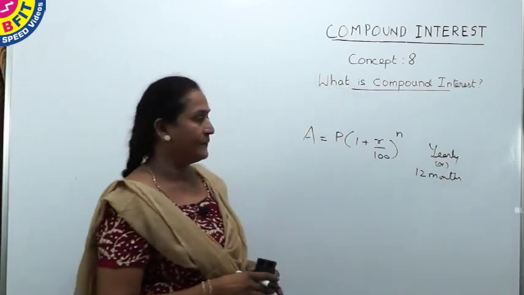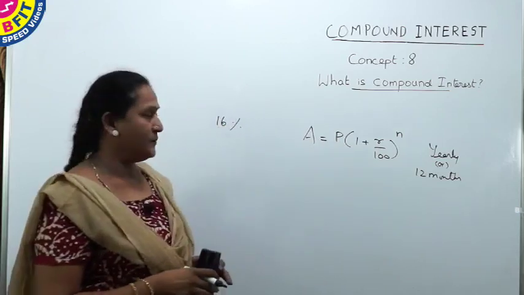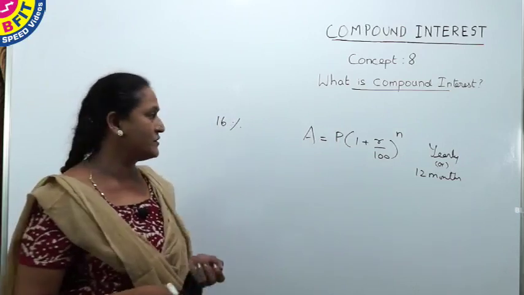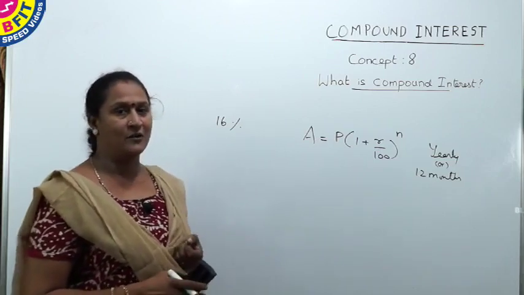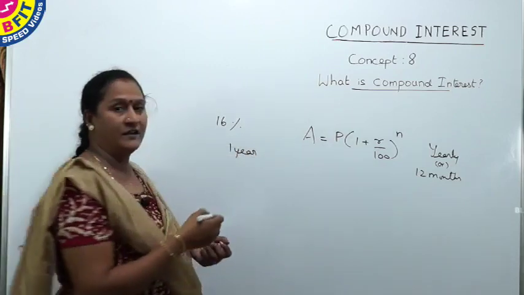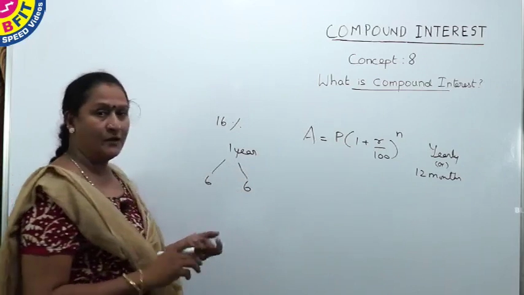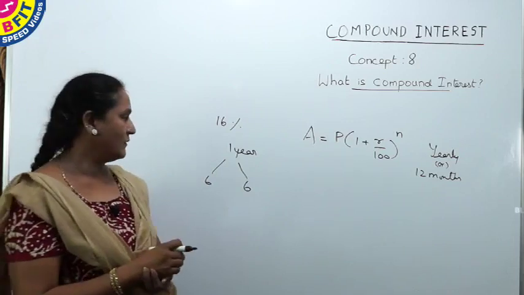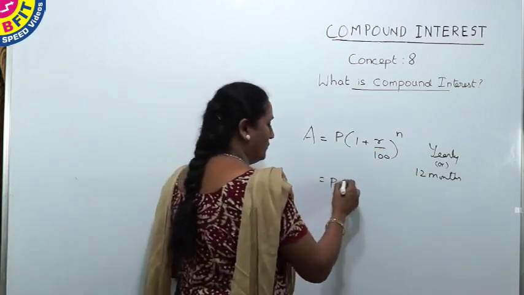Interest is calculated. Suppose in the question the rate is given as 16%, it means for every 12 months the interest for 100 is 16 rupees more. So interest is 16 rupees. And if they mention half yearly, it means that for every 6 months the interest is calculated. In 1 year, how many 6 months are there? Two 6 months. So it means that twice the interest is calculated. So when they mention half yearly, for every 6 months interest is calculated, and in 1 year 2 times the interest is calculated. So to find the amount for half yearly,